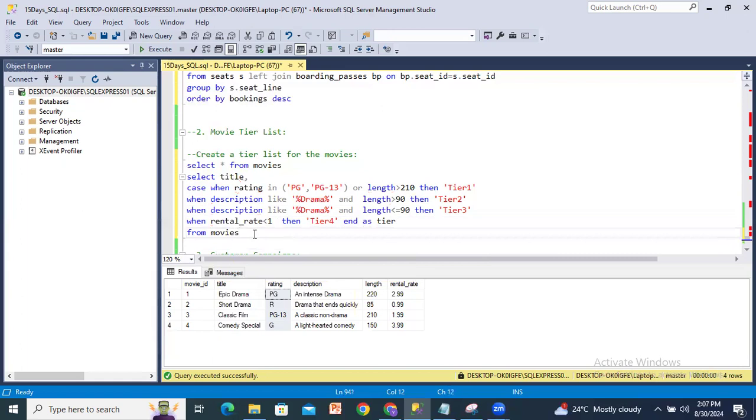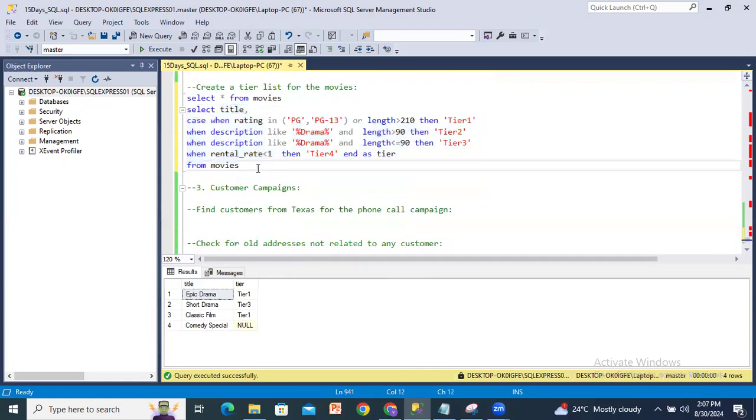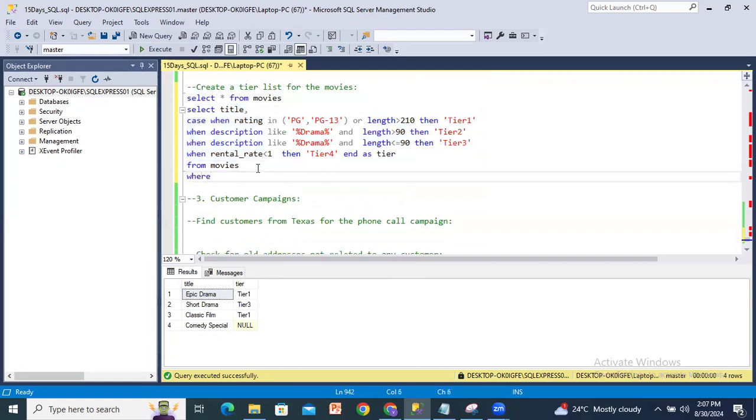Okay. Now all errors gone. Now if I execute this part, I'll get the title tier 1, tier 2, tier 3. Okay. Now we have to filter this one. So filtering is mainly where